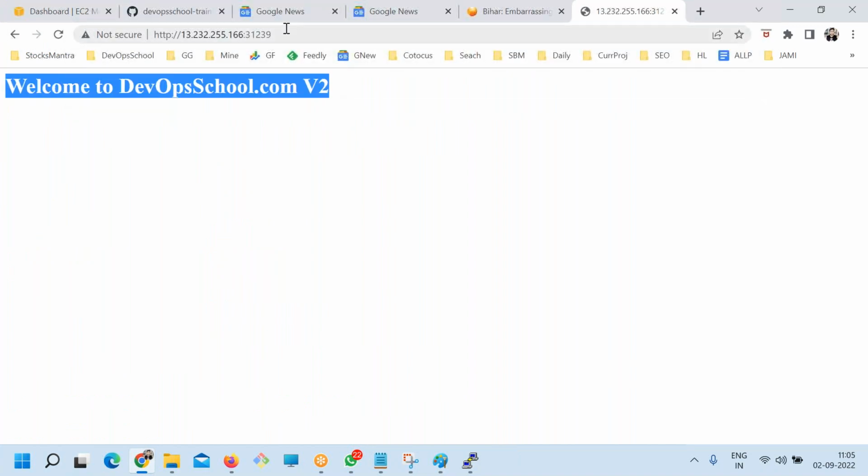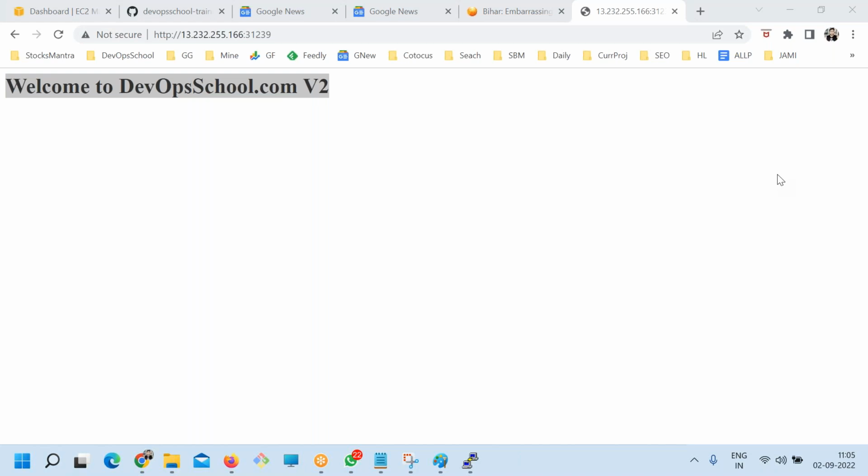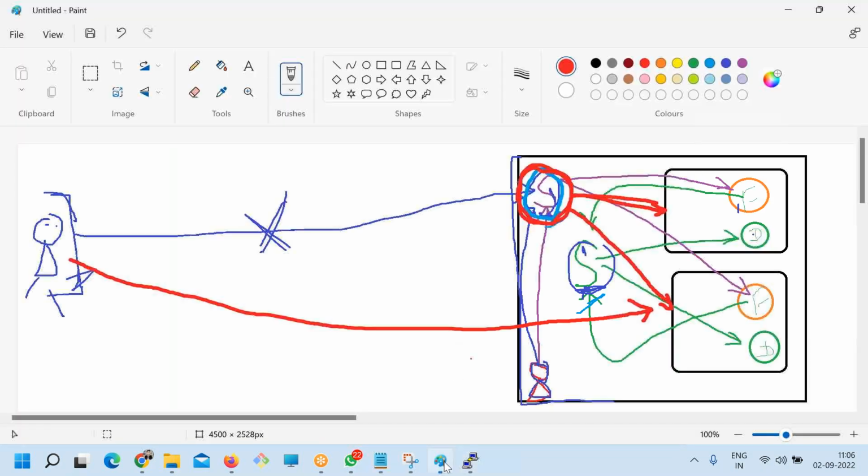So I got V2. I put this URL in the chat window. Confirm to me if anyone got the V1. Try this out. Anyone got the V1? Yes, I got V1. Wonderful. So this is the stuff. So now see, this guy is also happy now because with this service we expose the port of every node.